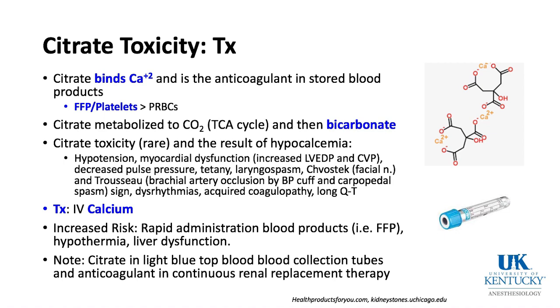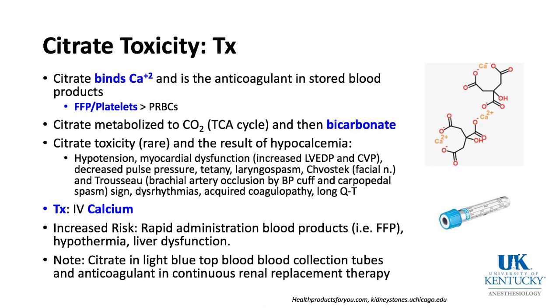So the treatment is IV calcium. The risk is if you give blood products very rapidly, like FFP, or if the patient's very cold and their liver's not metabolizing citrate well, or liver dysfunction, or even the anhepatic stage of a liver transplant where you're pouring in blood products and they don't have a liver, and citrate can build up. Remember that citrate is also present in light blue top blood collection tubes, and it's present in continuous renal replacement therapy in patients who are on that in the ICU and brought down to the operating room. If they were still on it or recently had some, or it's still in the lines, you could see how a patient could get